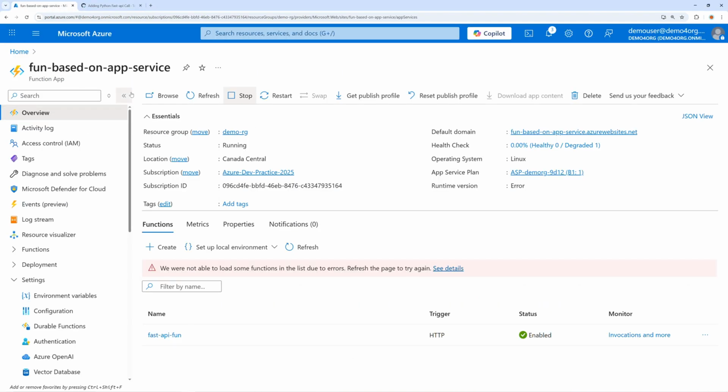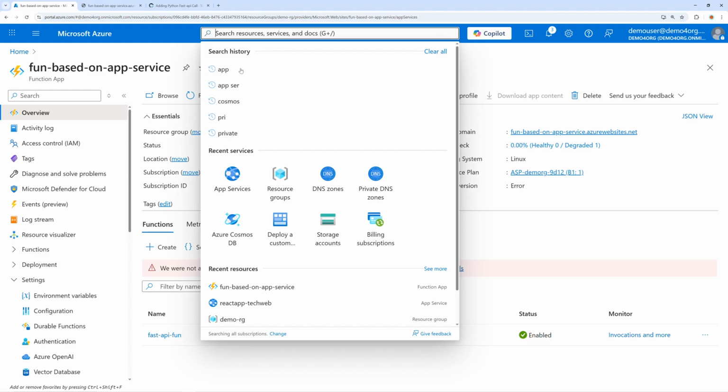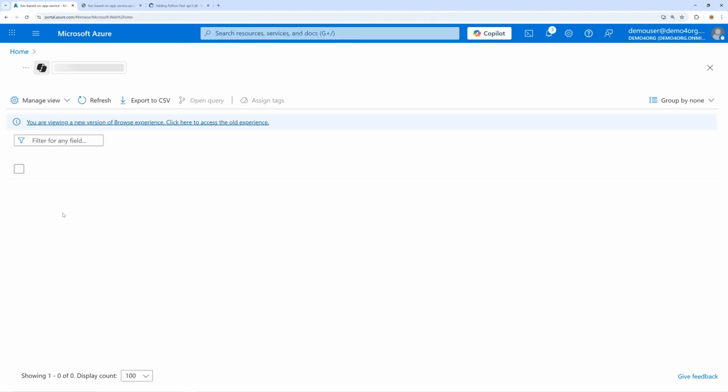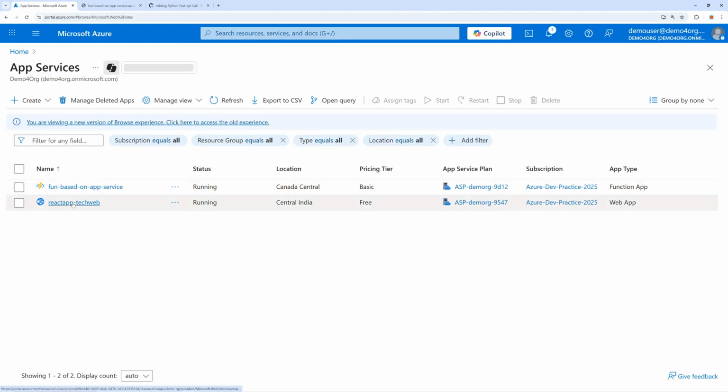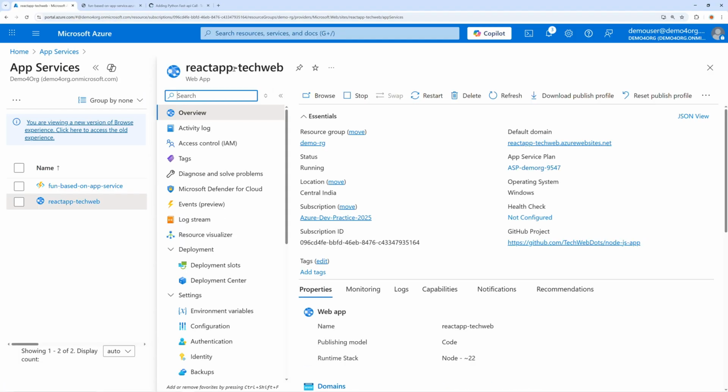Okay, so this is our Python function. We know what the response of it is. If I click here, correct, we already know about this Python message, but now we wanted to verify it with the app service that we have created. Okay, we go to app service. We go to our React application, or Node.js application, correct, and if I click on browse,